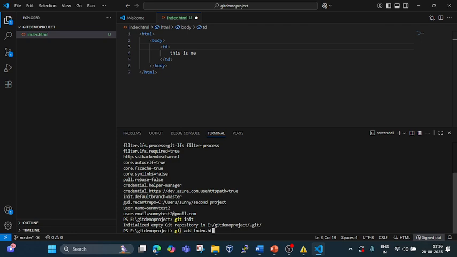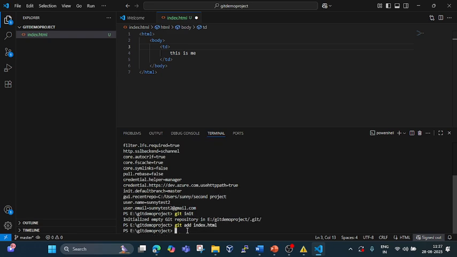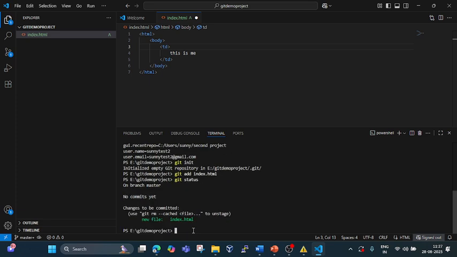If you just give star, it will add everything which is in that folder, in that solution. It will add all the files to the repository. But if you have to add any specific file, you have to use index.html. You can see it has been added. And to check the status, you can use git status.